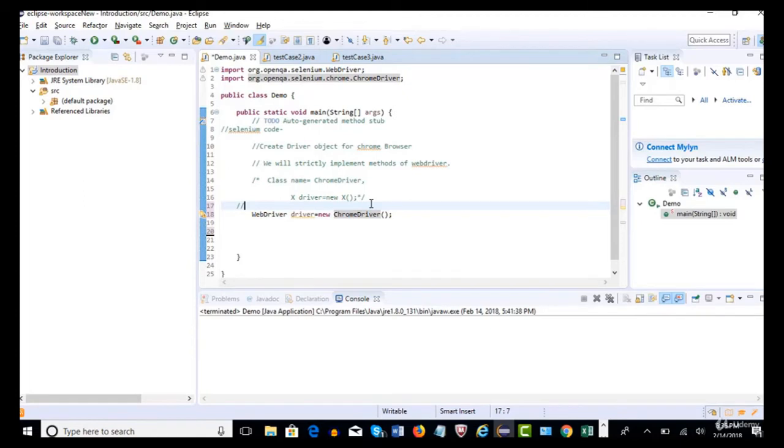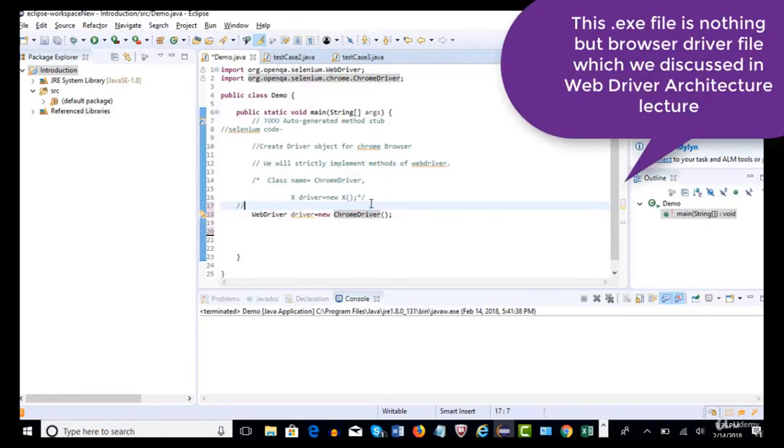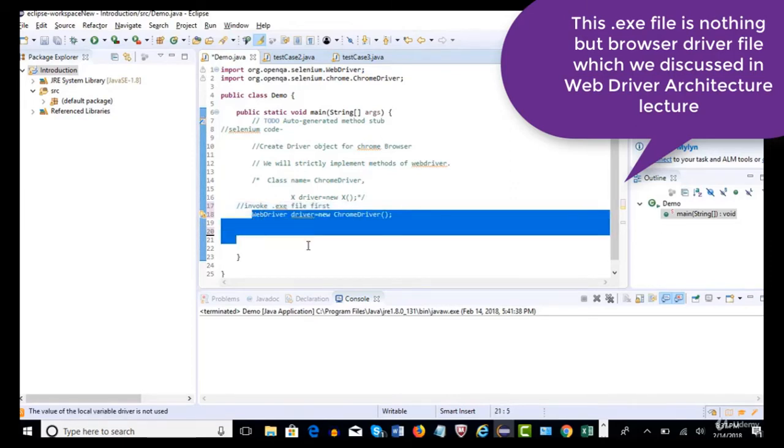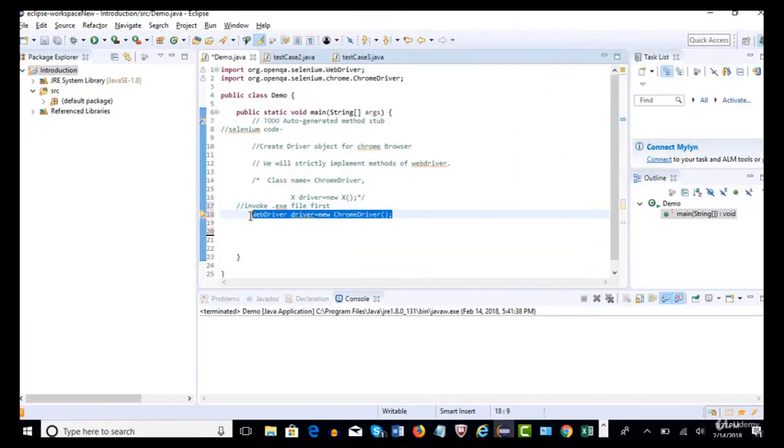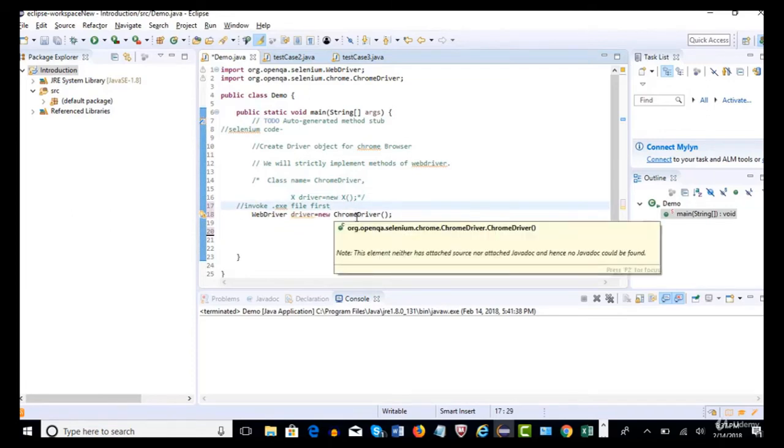Each browser team has given one .exe file and asked the Selenium team to invoke that .exe file first. If you invoke that .exe file from your test, the browser will be invoked. Thereafter you can continue your Selenium steps to automate whatever you want in your browser. So to invoke the browser, you have to add one more step before you create the driver object. To add that step, we will see where those exe files are present.